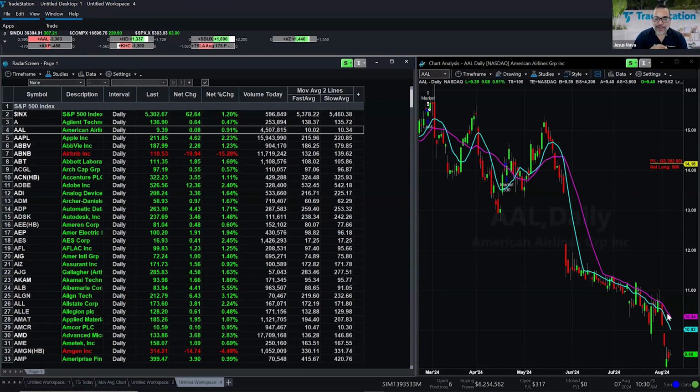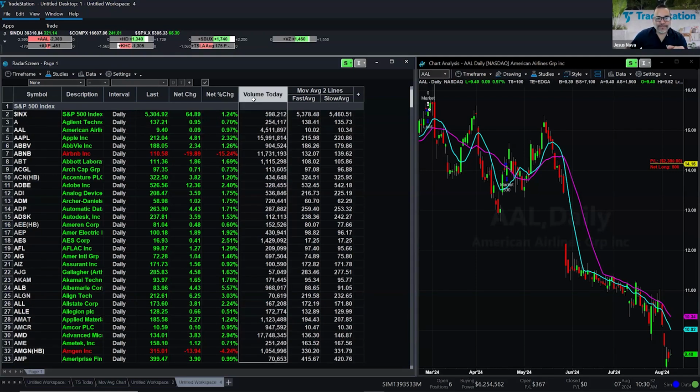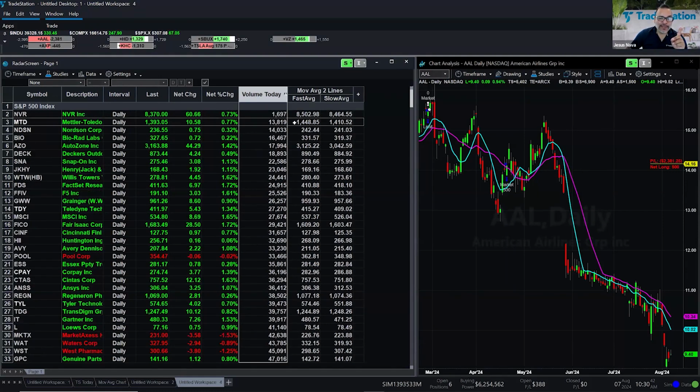All right, so before we go into scanning by the radar screen, all these symbols can be sorted based on the columns that you have here. We have a volume today column. So if you want to know, out of all the 500 symbols that are part of the S&P index, which one has the highest volume, just double click on volume today. It sorts the symbols in ascending order. You can see the one that has the least